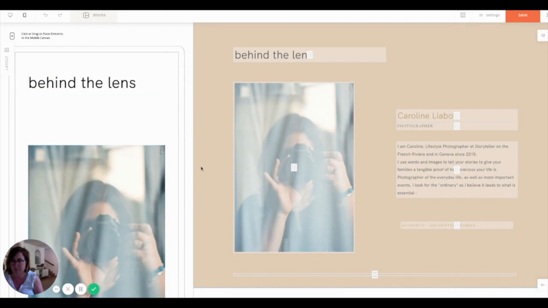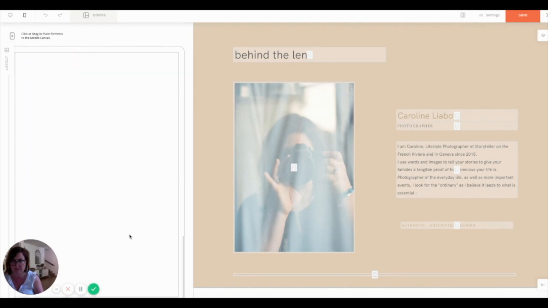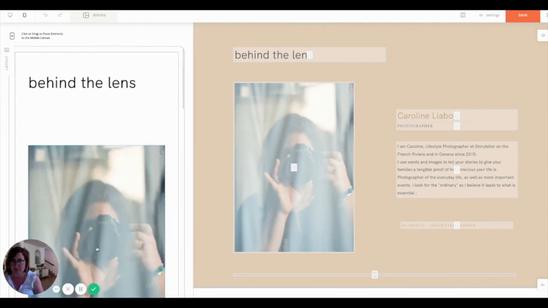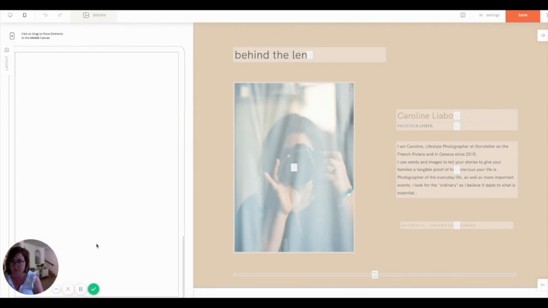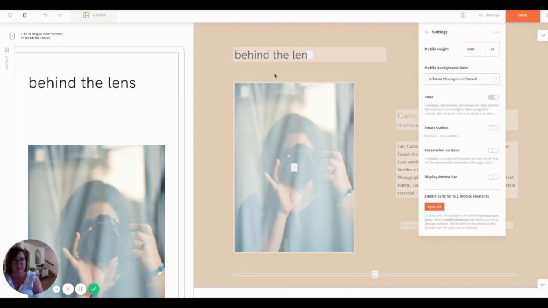So the background color is not taken into account. My text is here, and I like the line is also here, but look at this huge amount of space. So we're going to correct all of these elements and try to replicate to the best of our abilities this block here. So first thing first,